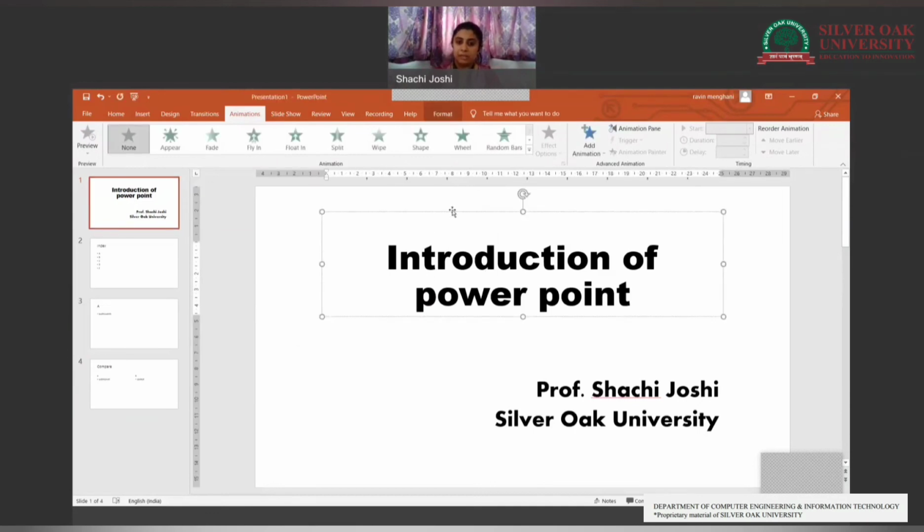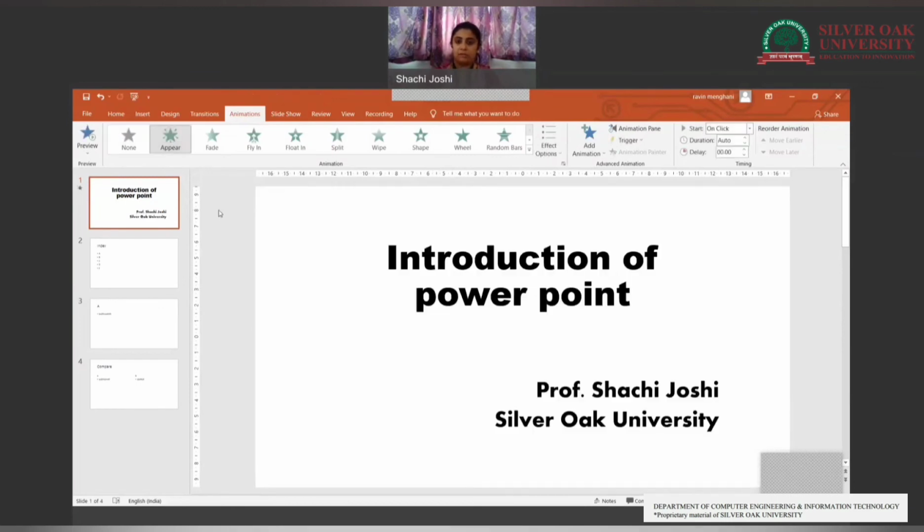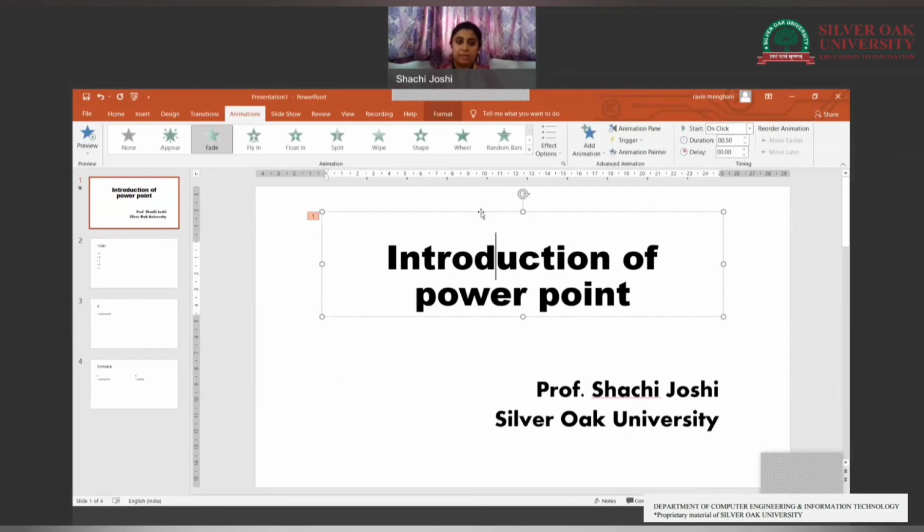For example, click on that particular box and appear, or we can say fade. So when we are going to slide show it, it will be like this. If I'm going to add on the float, just look at the particular table, which is fade.